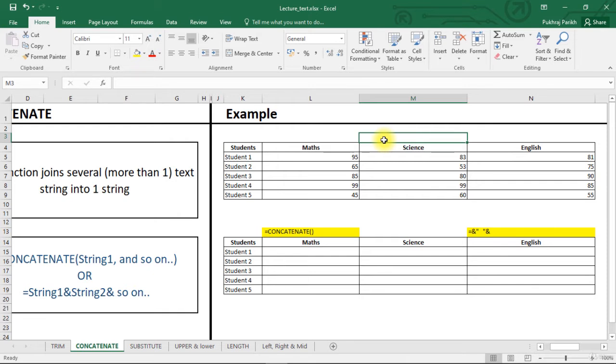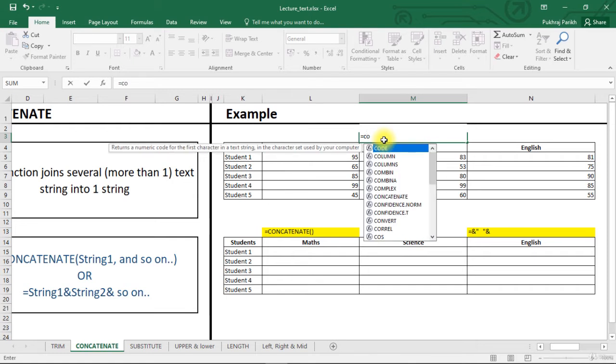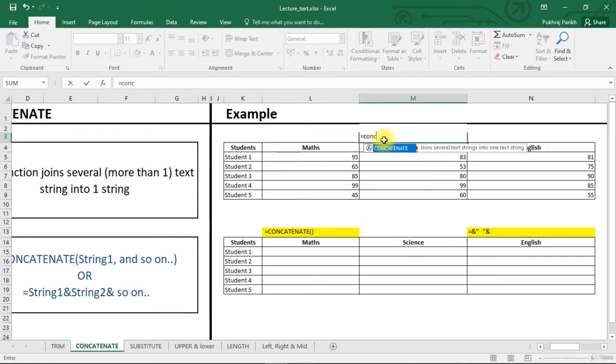As always, we will start our formula with equal to symbol. Then we write concatenate. You can see that in this cell we have all the three strings joined together. First comes maths, then without any space comes the next string which is science, and then comes the third string which is English.